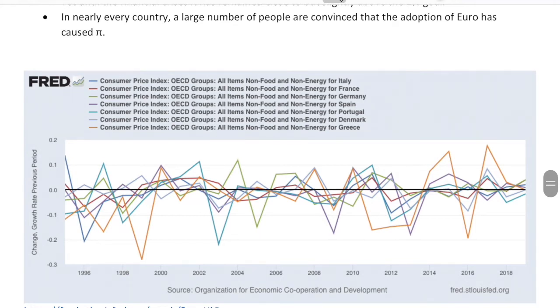So this is actually a good chart. As you can see here, on the left axis, you have change in growth rate from previous period. So this is the growth rate in the price index. In other words, this is essentially the annual inflation rate. Now this looks pretty noisy because there are all these countries. Remember, this is our marker. Our marker is 1999, when the countries joined